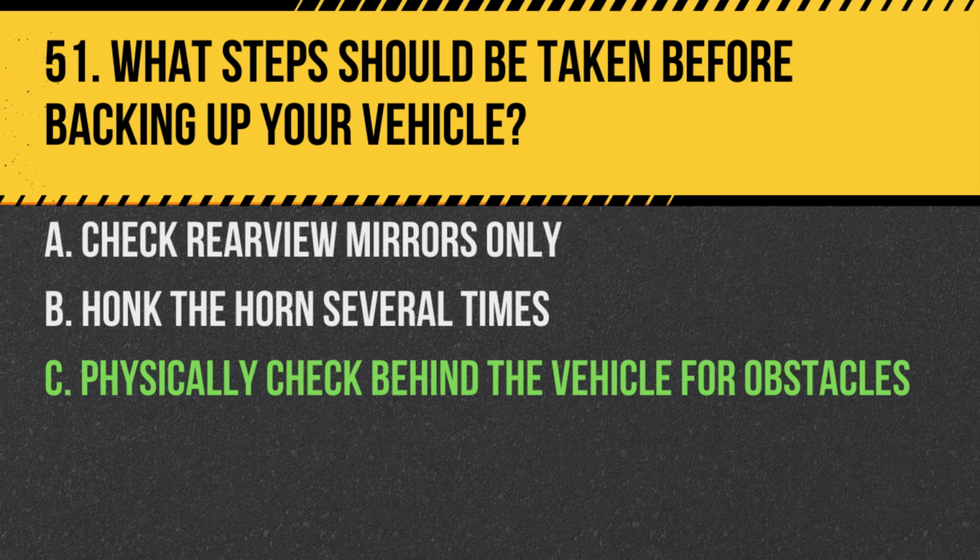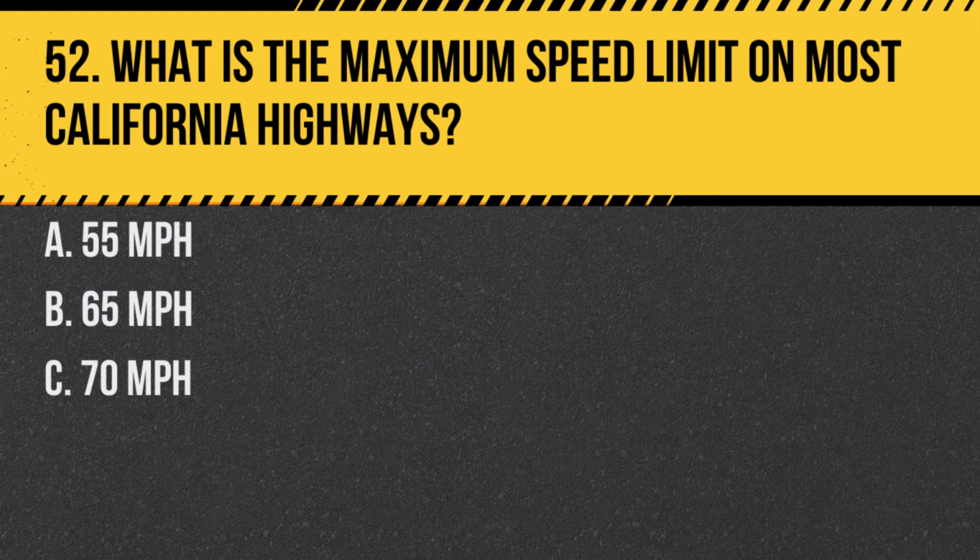vehicle. Question 52. What is the maximum speed limit on most California highways? A. 55 miles per hour. B. 65 miles per hour. C. 70 miles per hour. Answer: B. 65 miles per hour. The maximum speed limit on most California highways is 65 miles per hour, although it may be lower in certain